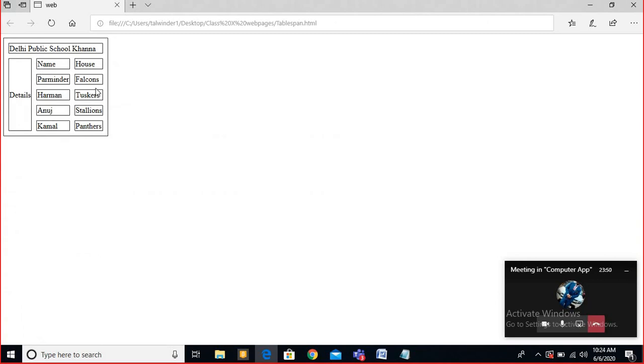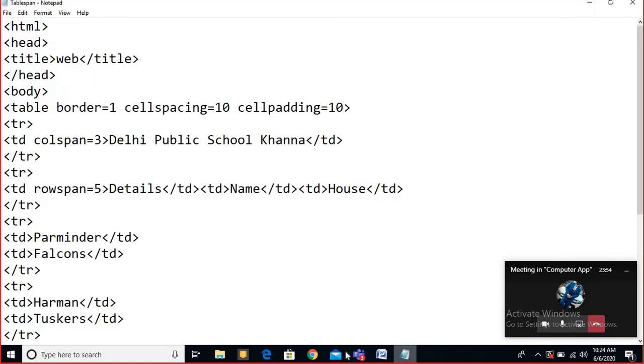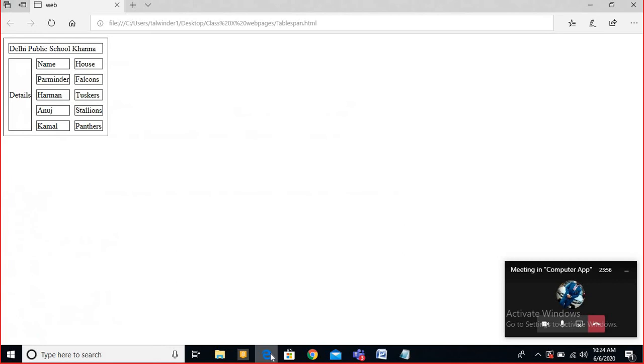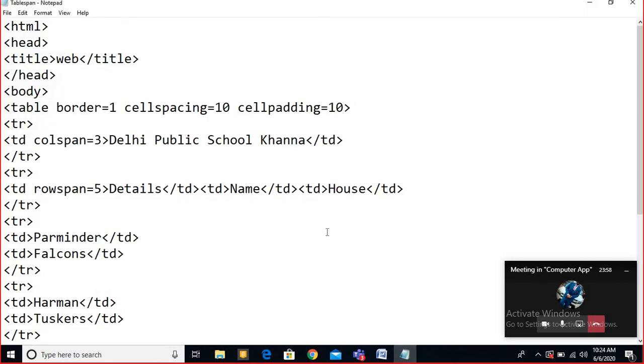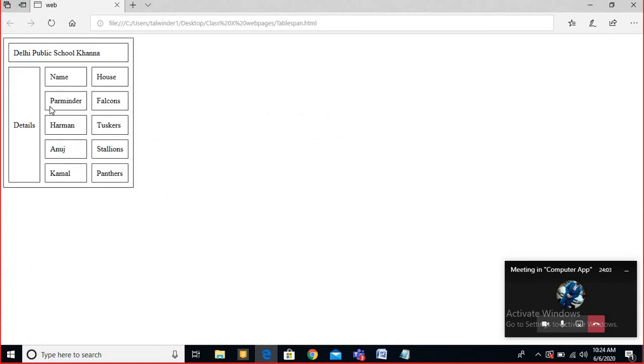The gap between them is called cell padding. Now it is by default, but you can increase it also. So first you see the output. Now see the implementation. I have done this. Now just refresh that. So now you see the difference is increasing. So this is called cell padding.